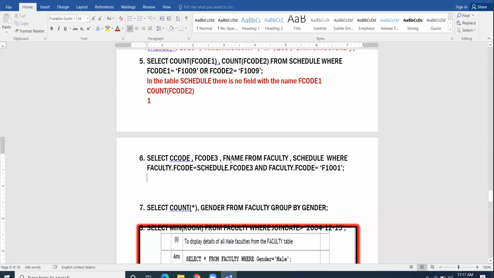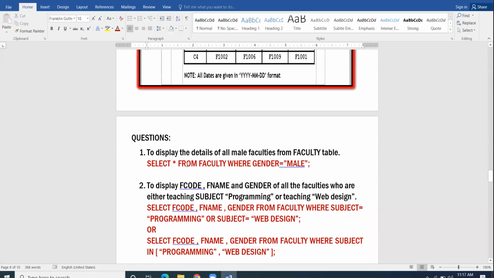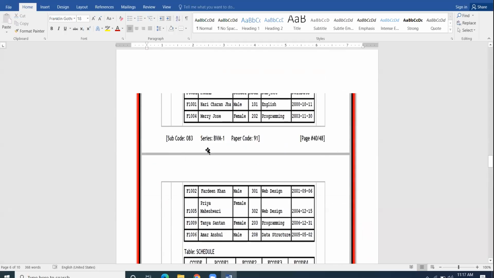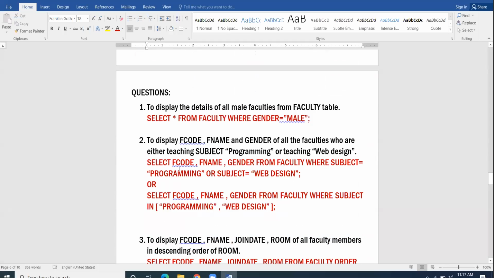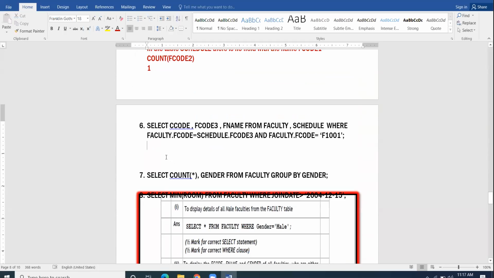So let us first see the condition, F1001. This is the faculty table. This is F code F1001. So F name is Hari Charan Jha.